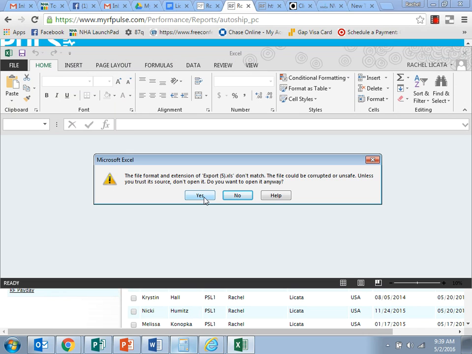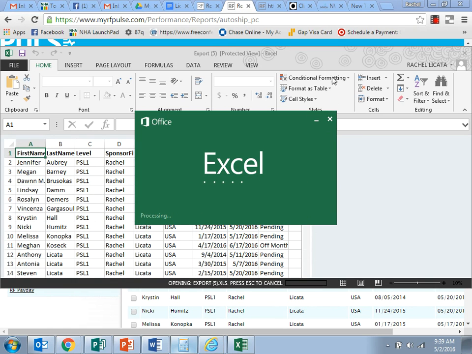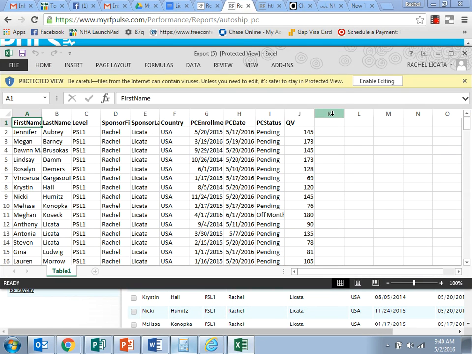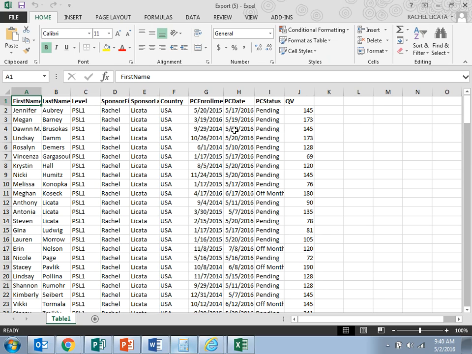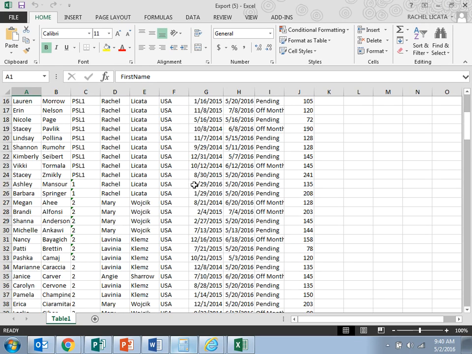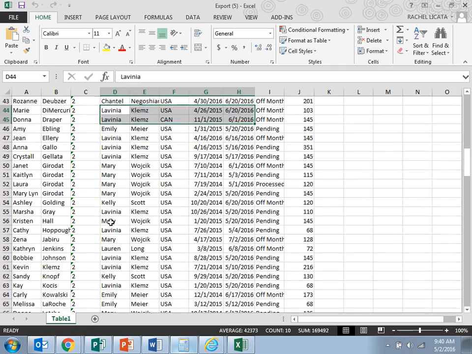And then I'm going to click, I just want to open it, yes. I'm doing this from work, so I have Excel here at work. I do not have Excel at home. I'm going to enable editing. And then here is, I'm going to make this bigger so you can see. Here is all of my, including people in my downline, like Lavinia, I can see her PCs,